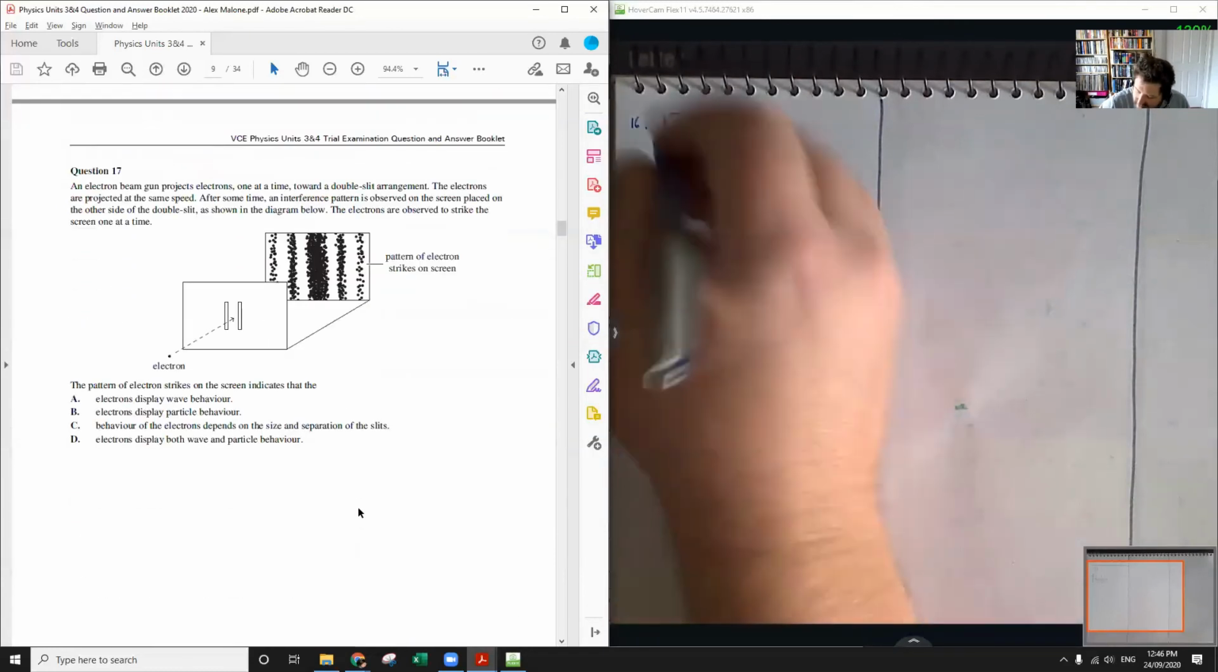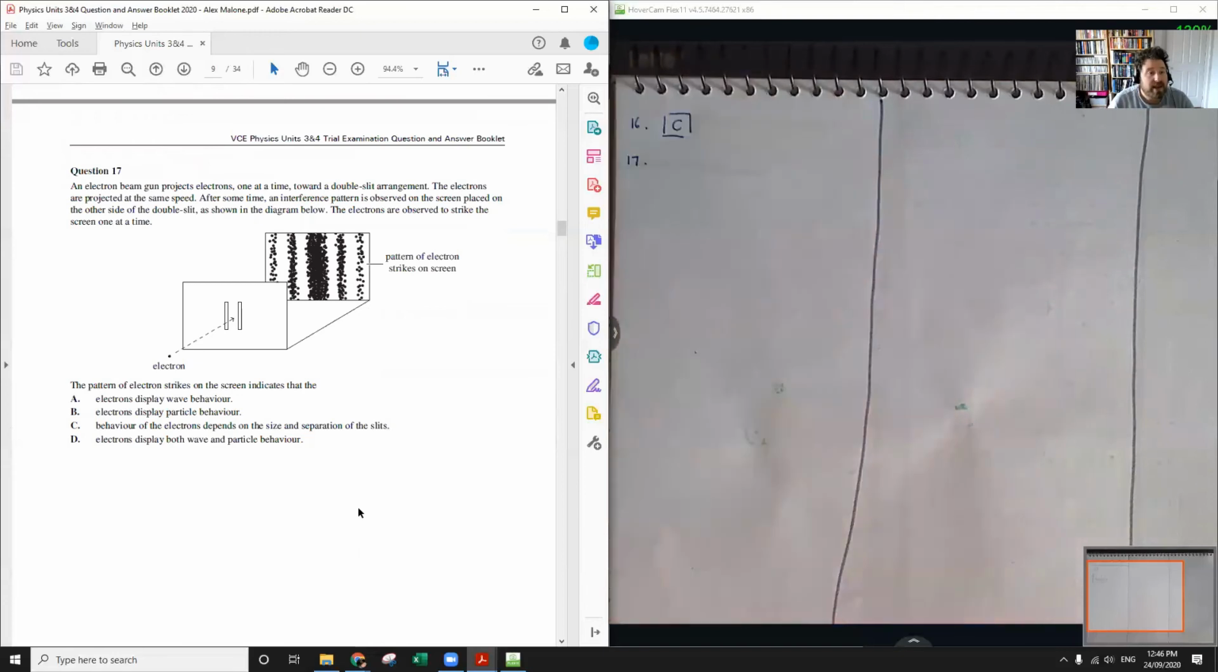Okay, question 17 looks like it's about double slits. An electron beam gun projects electrons one at a time towards a double slit. Electrons are projected at the same speed. After some time, an interference pattern is observed on the screen, and so on. On the other side of the double slit, electrons are observed to strike the screen one at a time. Bam, bam, bam, bam, bam. The pattern of electron